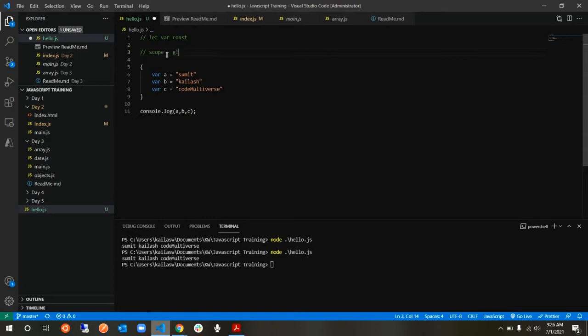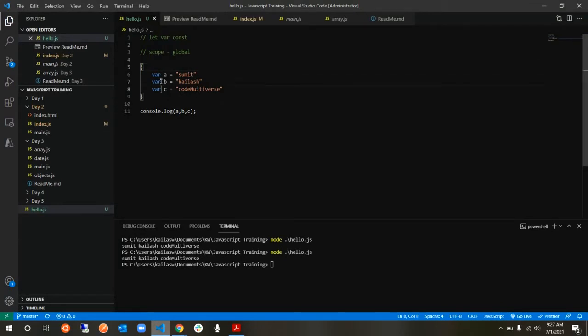Okay, it comes into global scope. So it doesn't matter where you define a variable, you can always access it from any part of your code. That's the understanding. It doesn't matter whether you define it within an if, or a for, or a function, or whatever. You can access it anywhere in your code. Okay, now let's go ahead and do the second one.